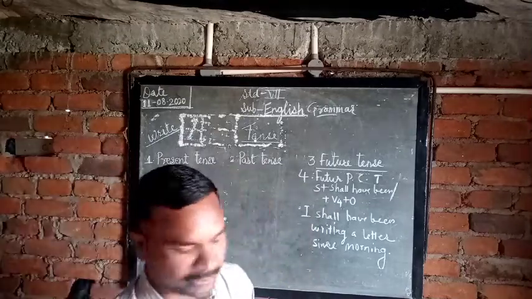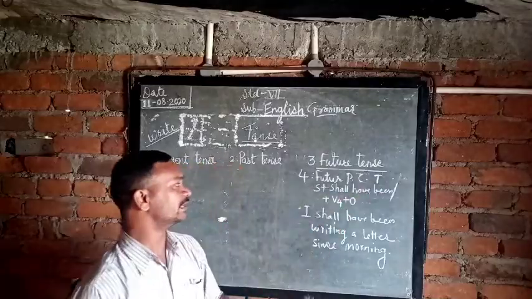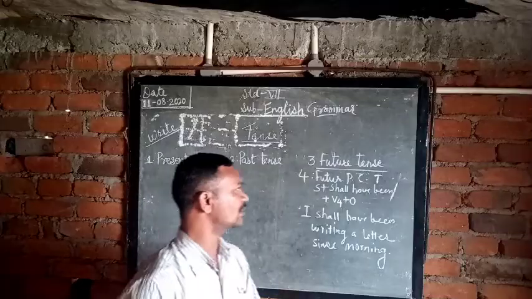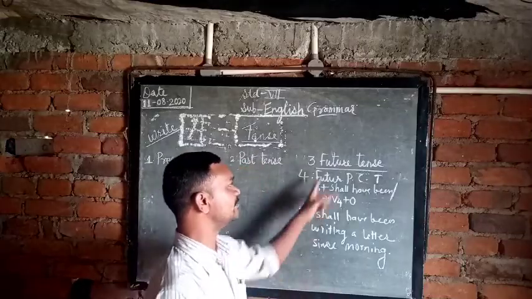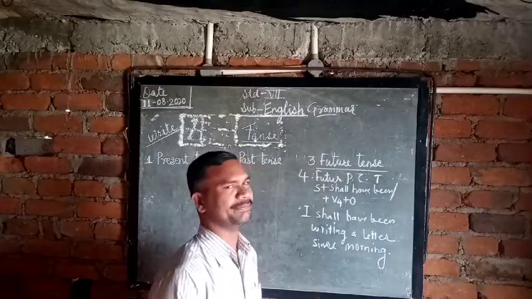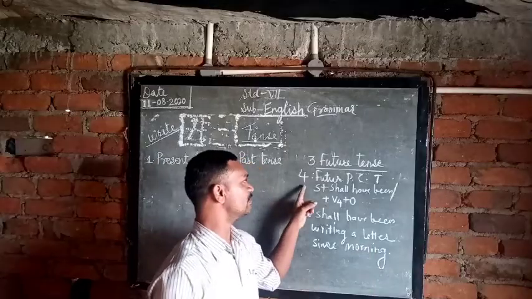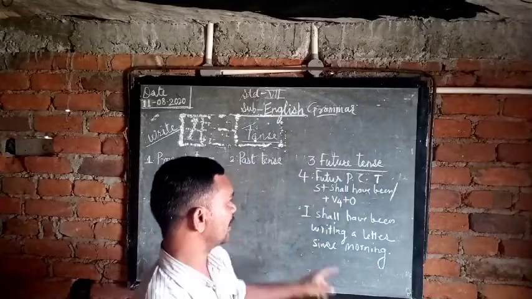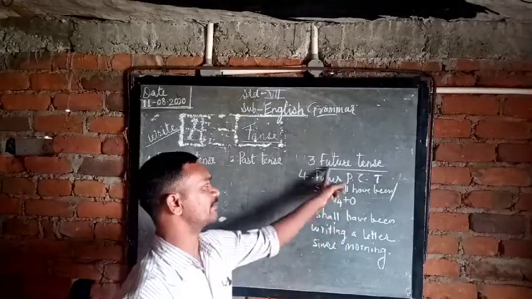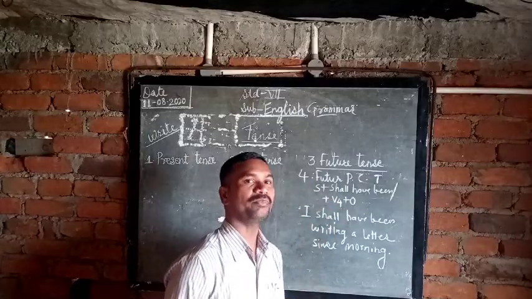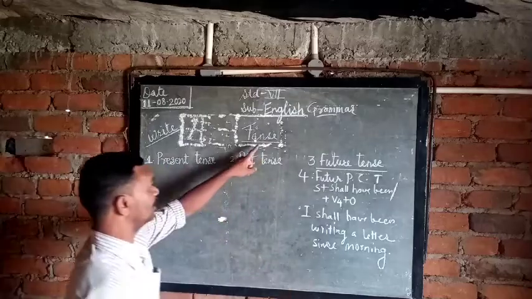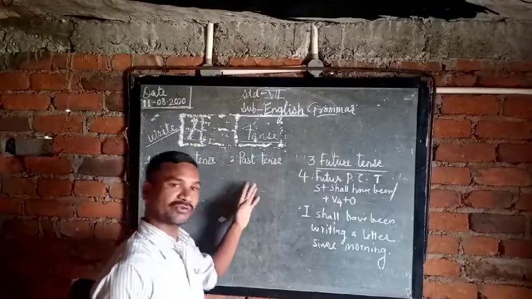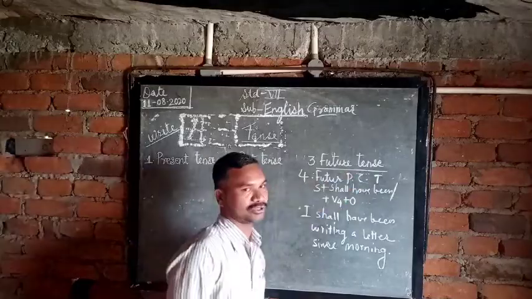So generally, when you discuss the future tense, the first and second forms we use as usual, but the third and fourth subtypes of the future tense people may use there. And the last one, future perfect continuous tense, people rarely use. So these are the four subtypes of the future tense. I hope you properly understand. We have discussed the tenses: present tense, four subtypes; past tense, four subtypes; and future tense, four subtypes.